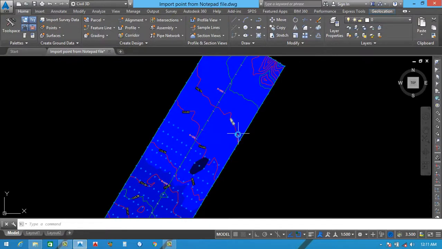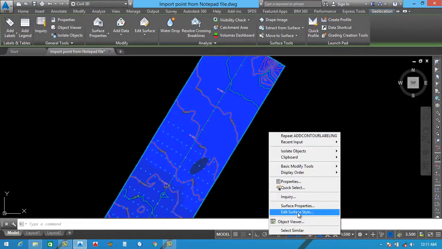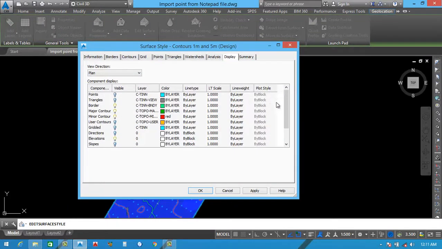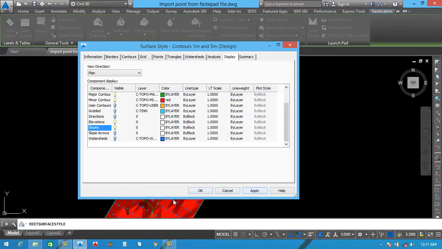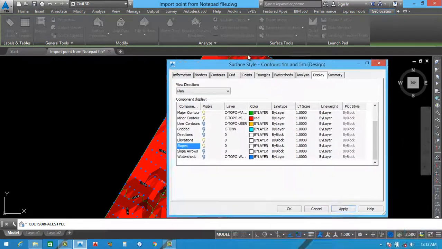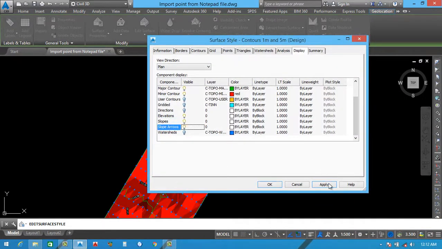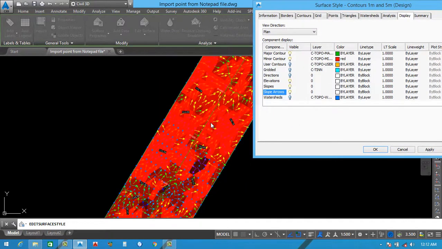And I also want to tell you some other options, like click here, right click, edit surface style. Okay, so if you want to check direction of flow, you just open this one, click here, and you can also see this one. See, if you want to see arrows, click here and click, so you can see all types of arrows, the direction of flow of up and down level. Normally this type of function is not used, but anytime you can use it, you just turn on this one and check. Okay,